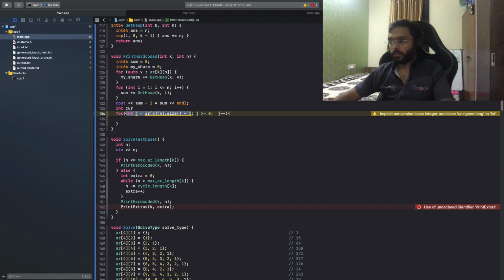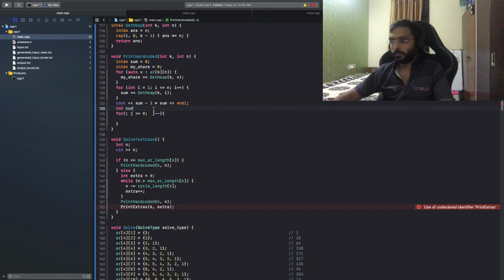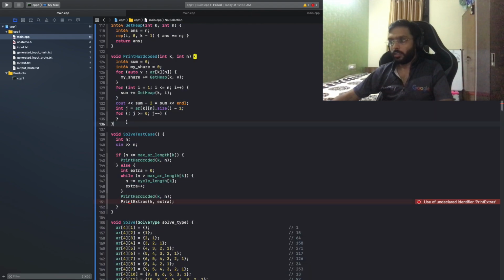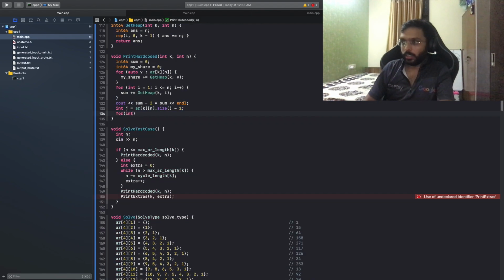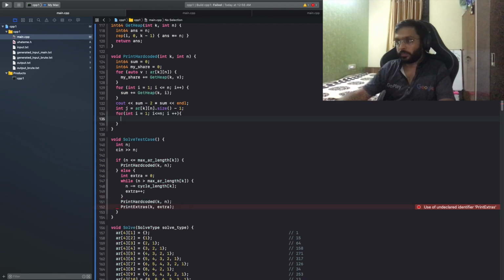And let me do this for int i equal to 1, i less than or equal to n, i plus plus.